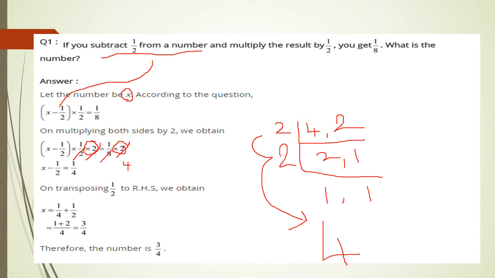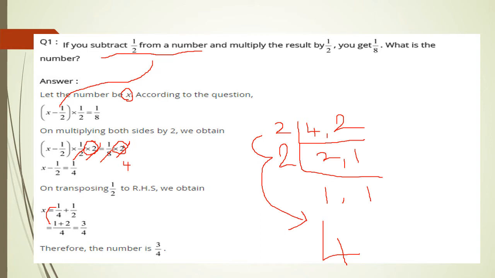So let us take the common denominator for these two fractions as 4, children. For 1 by 4 and for 1 by 2, let us take the common denominator as 4. Children, observe the first fraction. Here 1 by 4 is there. That means the denominator is 4. In the resultant fraction also the denominator is 4. There is no change in the denominator, so no need to change the numerator. Therefore, write down the numerator as it is. Write down the 1 as it is.